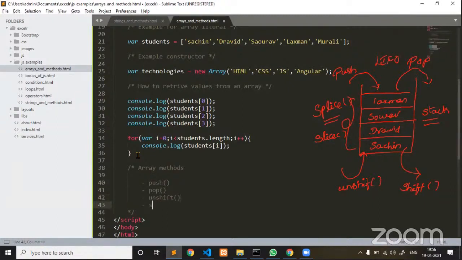To delete an item, not items, from the beginning, shift. To extract a portion of an array, slice. Splice is the one which is used to add new elements or delete existing elements. Both adding and deletion are possible by using splice.